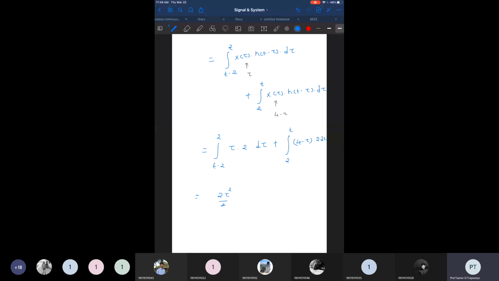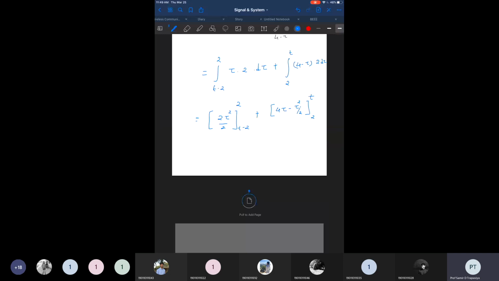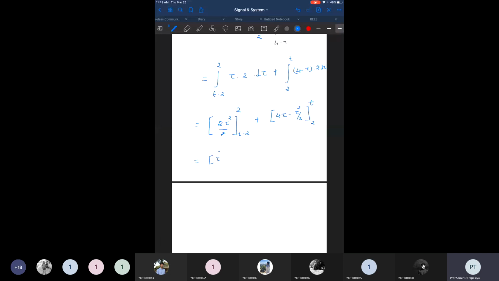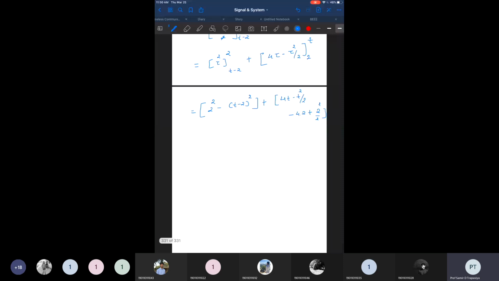then 2 is applied, so minus 4 into 2 and plus 2 square by 2. If we solve these integrations, we are left with 2 square, 4 minus t square minus 2t, so it is plus 2t plus 4. It's minus 4 because the minus sign was there earlier, and here we are getting 4t minus t square minus 8 plus 2 square by 2, so it is 2. That is 4 minus 4, the 4s will be cancelled out, so we are left with only the value of minus t square plus 2t, and here we are left with this value